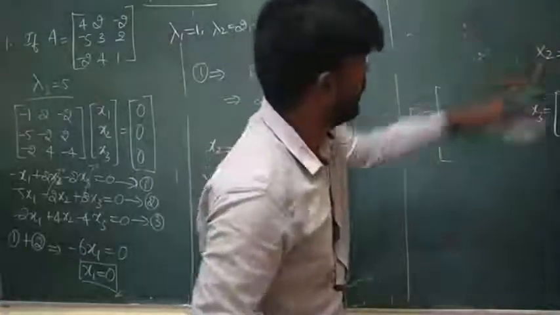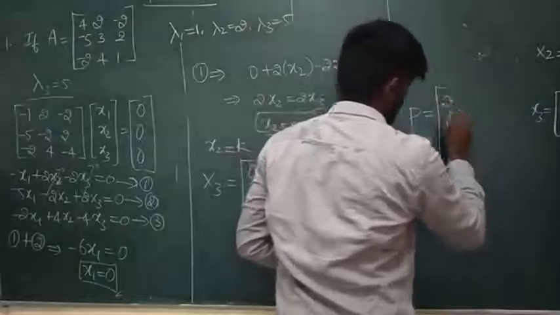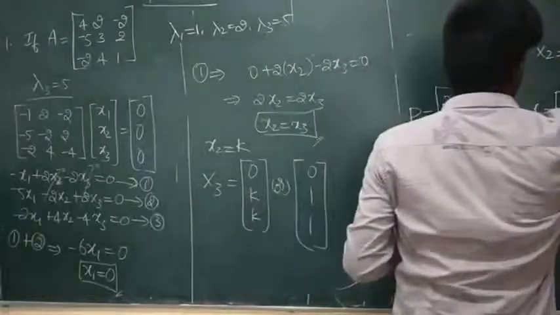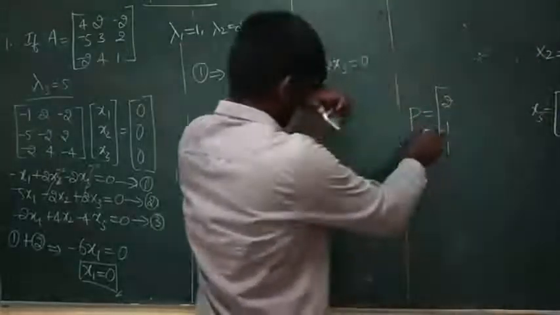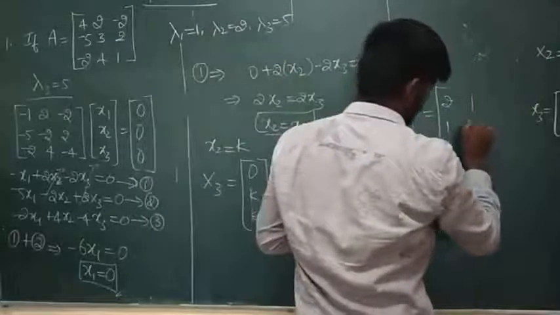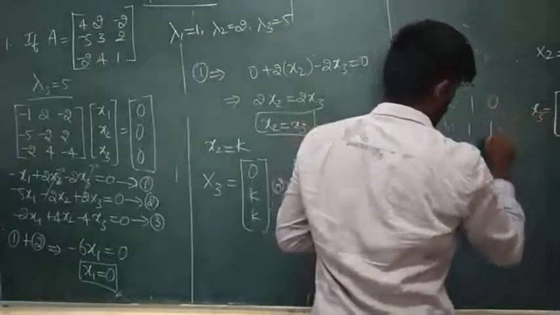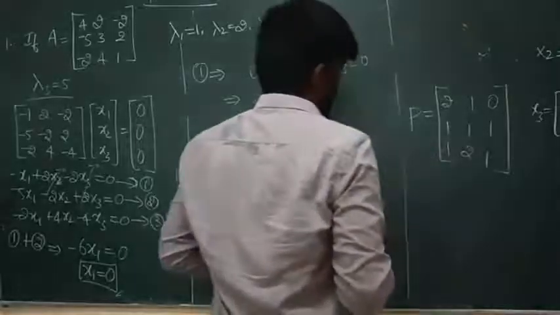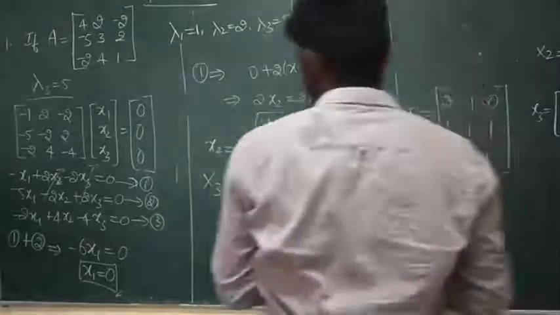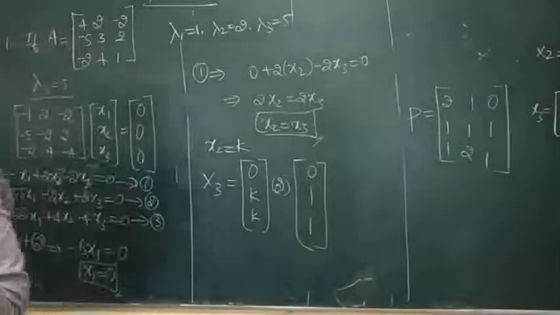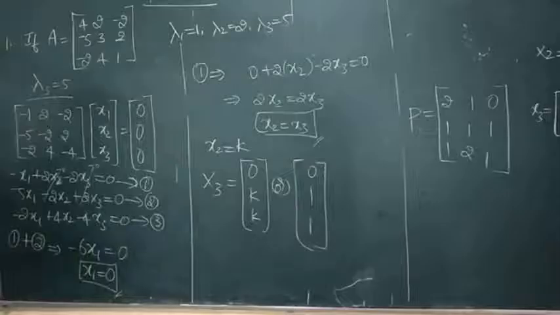Matrix P. How? 2, 1, 1. This column matrix we write as it is: 2, 1, 1 and 1, 1, 2 and 0, 1, 1. This is the matrix containing eigenvectors, the set of all eigenvectors. To diagonalize this matrix,